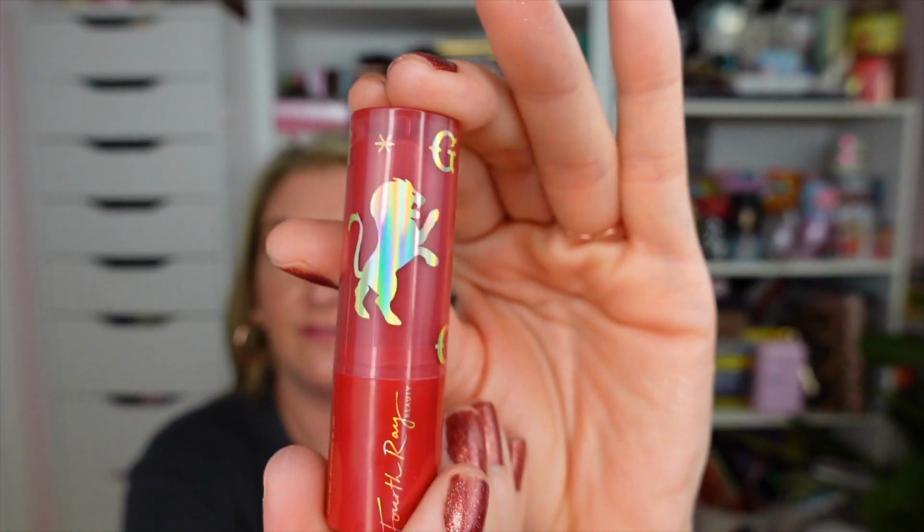The lip balms are actually from 4th Ray Beauty, as I mentioned, the facial skincare brand for Colourpop. We have the red with the lion for Gryffindor, and this one's actually supposed to smell like butterbeer. It's got kind of a sweet and spicy scent to it for